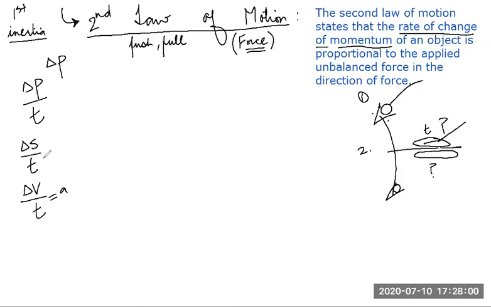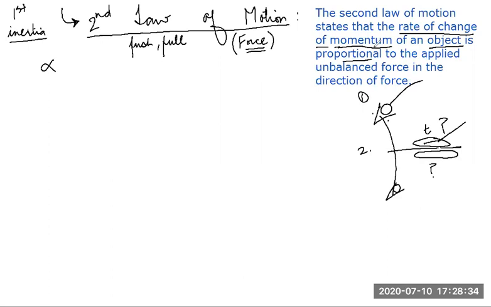Having defined that, let's see the definition of the second law of motion once again. It says the rate of change of momentum, it's the momentum which is important, of an object, any object, is proportional to the applied unbalanced force. Okay, applied unbalanced force. And this is unbalanced. Why? Because